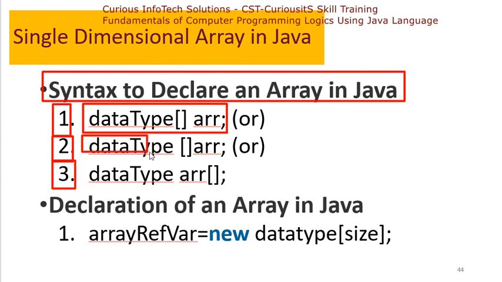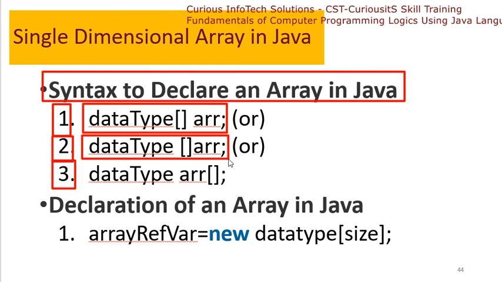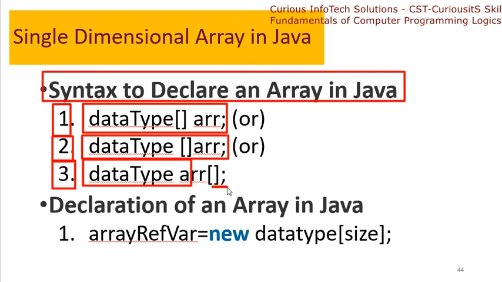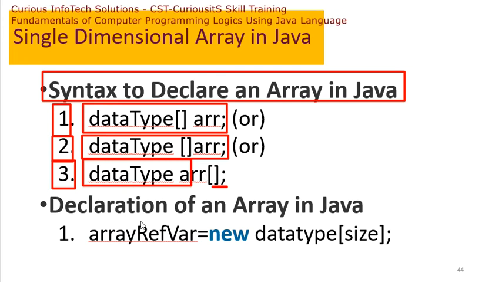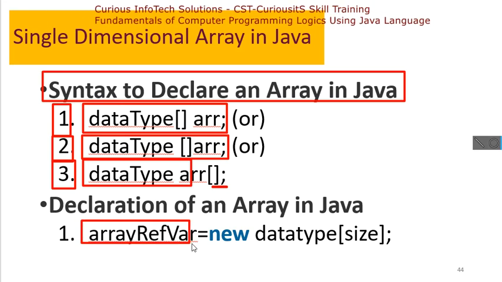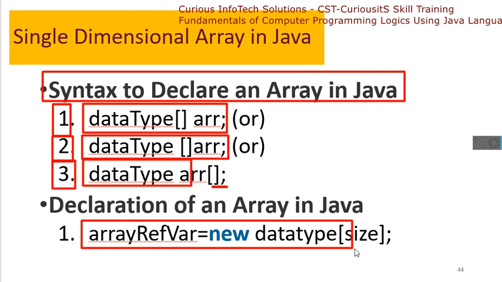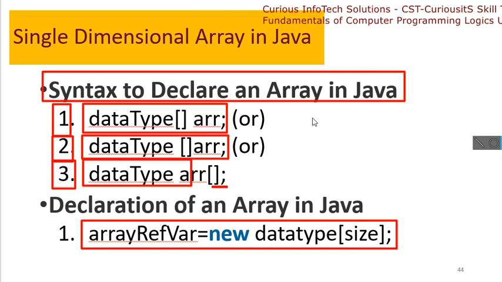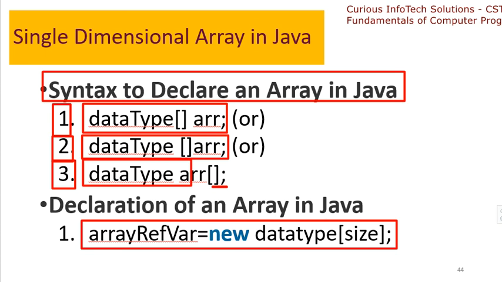Now in the other style, like a data type is independent, then this parenthesis with this name, then see here this is a data type and array with this type of square bracket. So any type you can do. Now how can we declare this array, so we have to think that we have to declare the array reference variable is equal to new data type with this size. So likewise we can easily declare my array in Java. Okay, now come to the